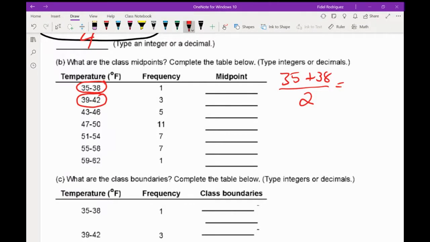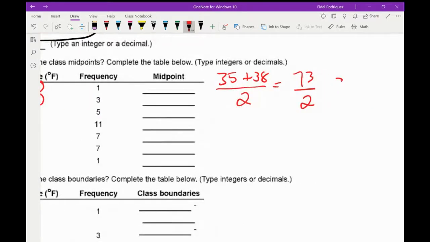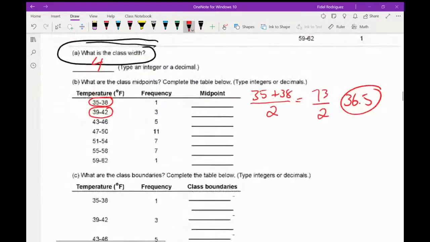So 35 plus 38 should give me something like 73, divided by 2. I'm just going to take my calculator, guys. I'm just using my plain Jane calculator here because this is just basic math, right? 35 plus 38, 73, divided by 2 is giving me 36.5. Okay, 36.5. All right, so what that tells me is that my midpoint right here